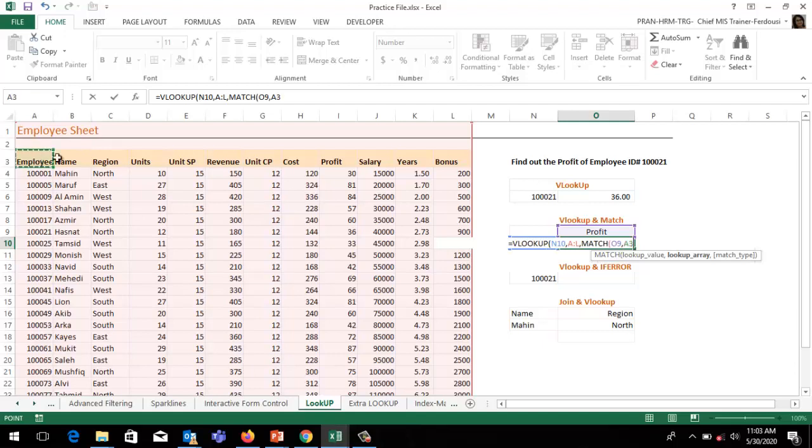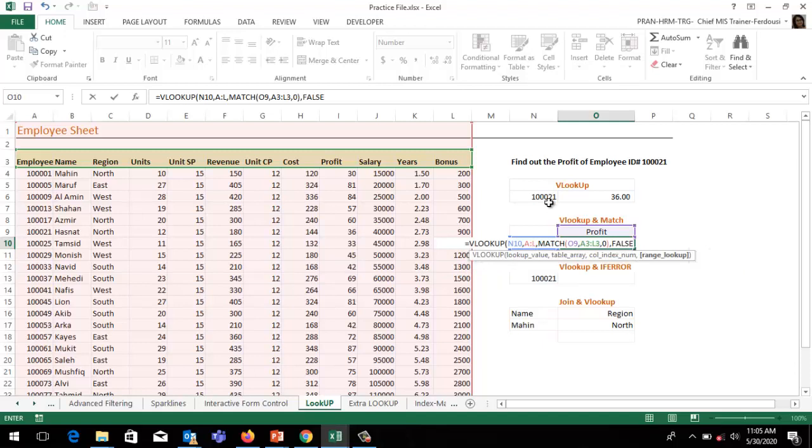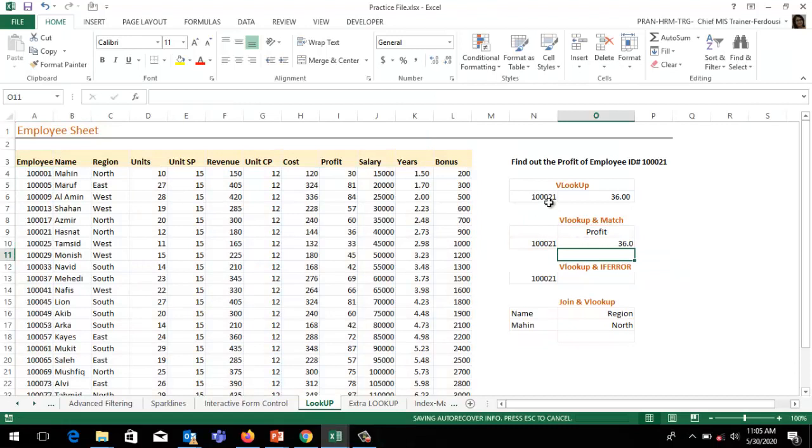Find this profit from these headings, use comma. I would like an exact match, that's why use 0. Close the parenthesis, use comma. I would like to match this ID exactly, that's why use FALSE. Close the final parenthesis, then press enter.